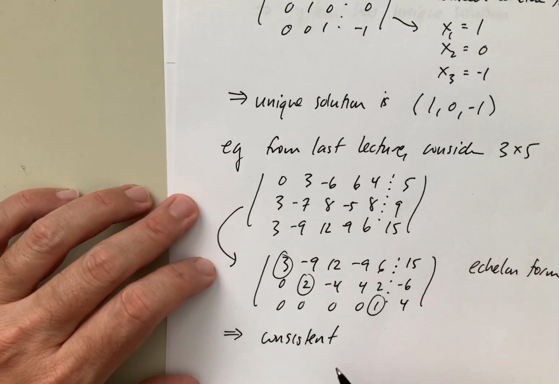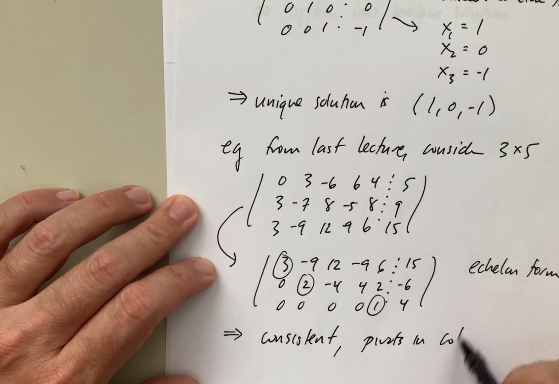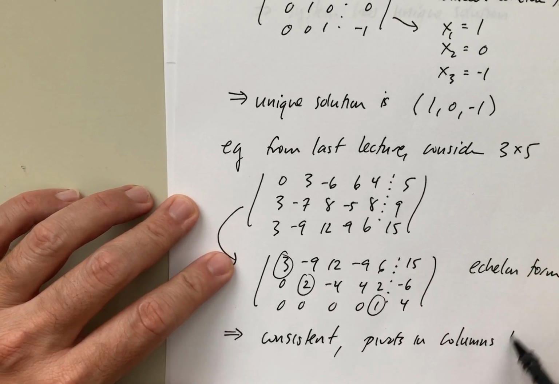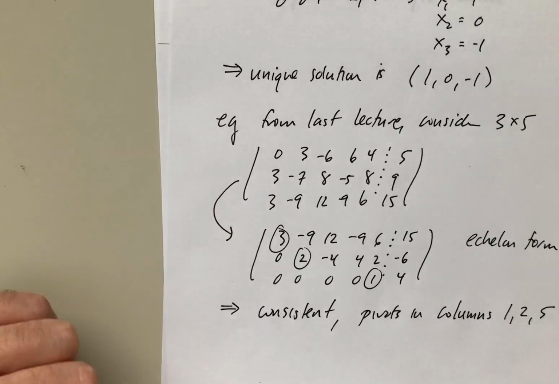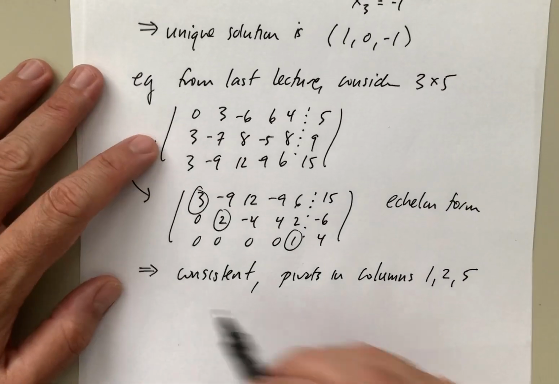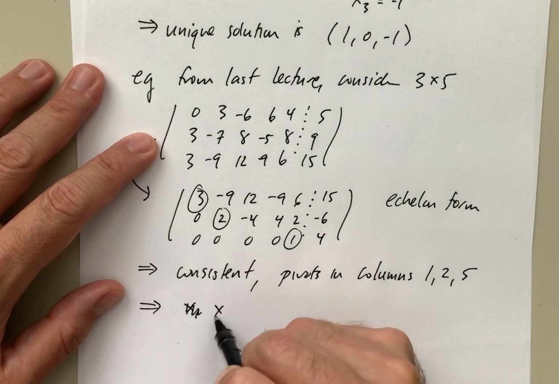Okay, so it has a solution, but how many are there? Well, there are pivots in columns 1, 2, and 5. So this is telling me in particular that there are free variables. This also implies that x3 and x4